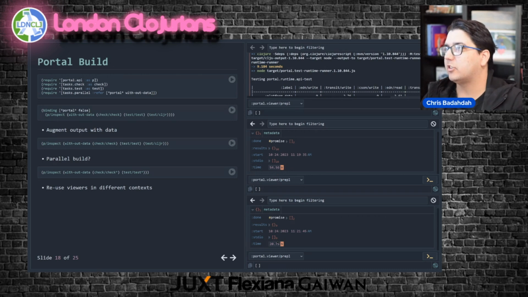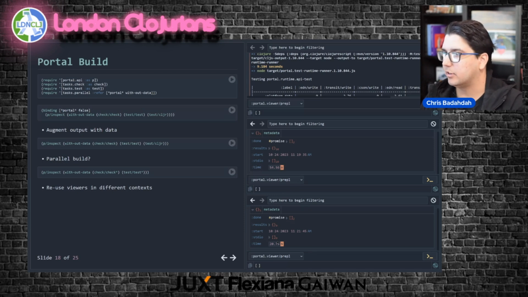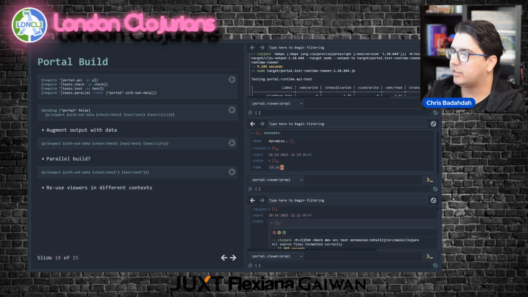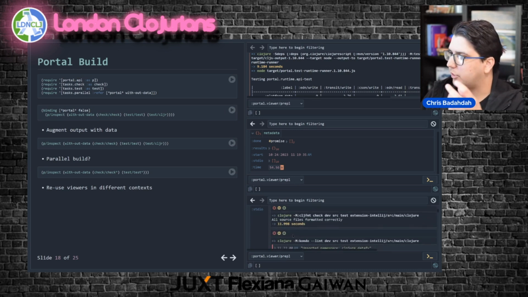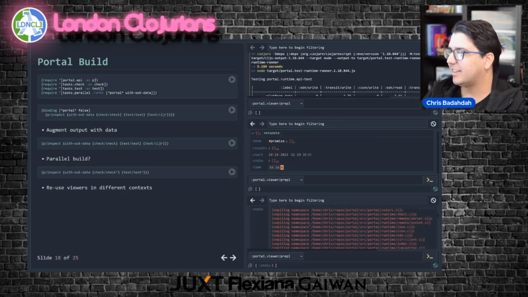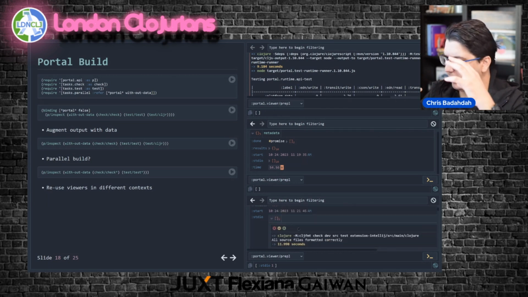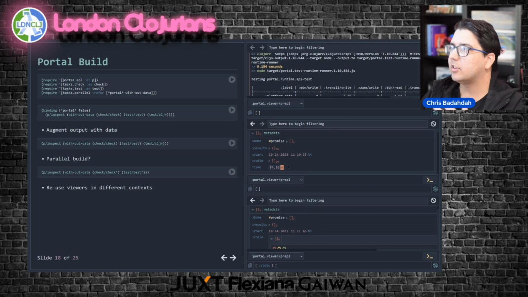So I think this is one of the workflows I like to use Portal for: doing the same thing, enhancing output with a little bit of data, and then ideally being able to get more out of it, which here is parallelization. And you can see how this works in that it's capturing all of the standard outputs of those sub processes independently. So here's the first one and the second one and the third one, right? This is, I would say, trivial to implement, in that I know how to concatenate this series of vectors at the end. It's like a map cat, right? So I feel these are the kind of workflows that I hope Portal enables others to explore and play with.